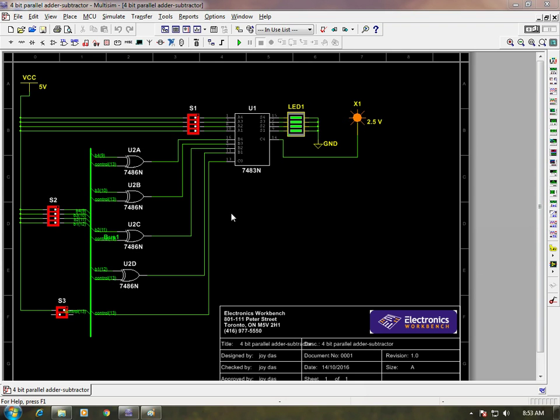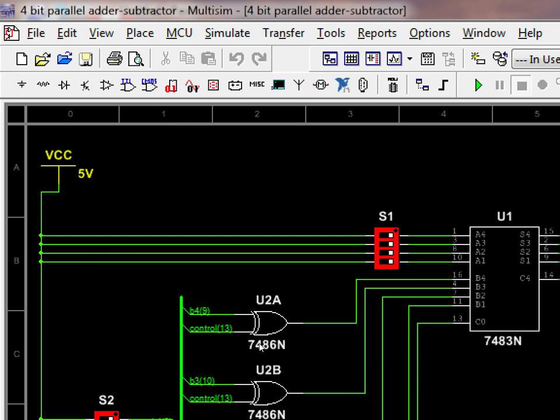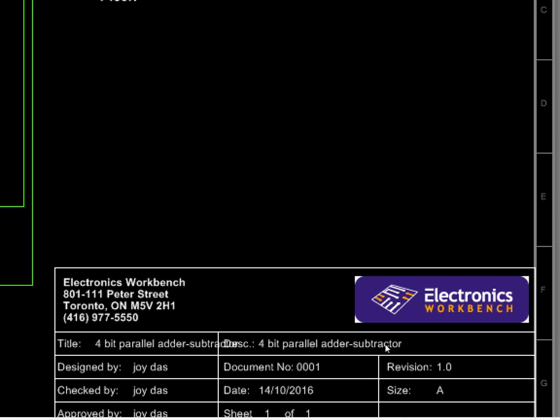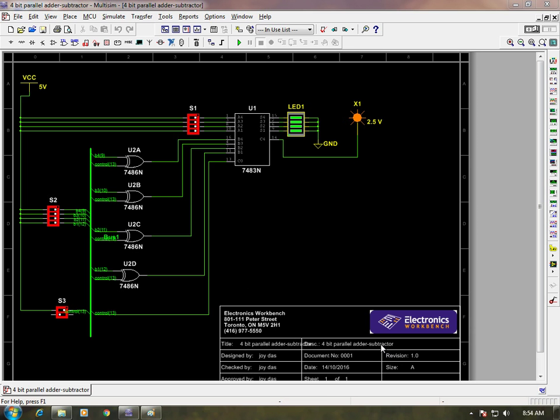In the previous lecture, we have taken the basic concept on parallel adders. Now, in this video, we will design and analyze the 4-bit parallel adder subtractor. What is a parallel adder subtractor? It means that we will use the same adder IC, that is 7483,